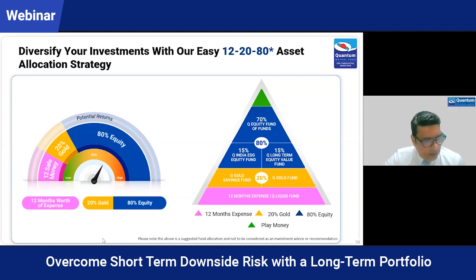One more question for you. There's an investor with Quantum Long Term Equity Fund. Now it's April-May, the season for office goers. It's appraisal time. So he has an appraisal now. What should he do? Should he up his SIP in Quantum Long Term Equity Fund, or what should he do with the extra income he's getting right now?